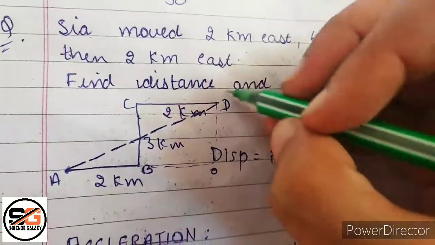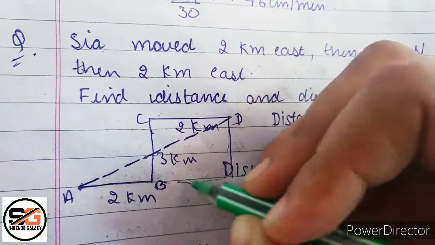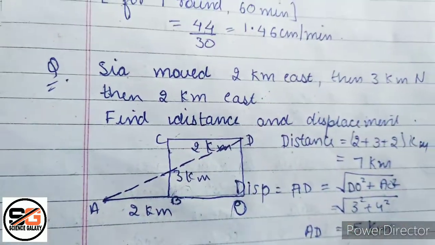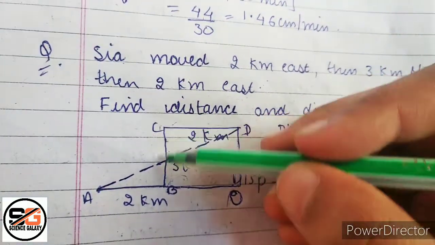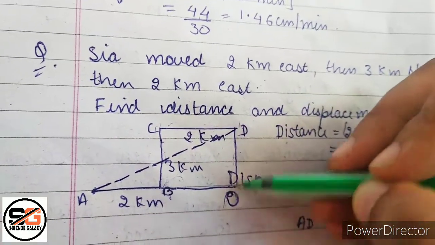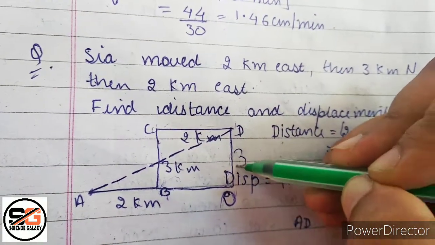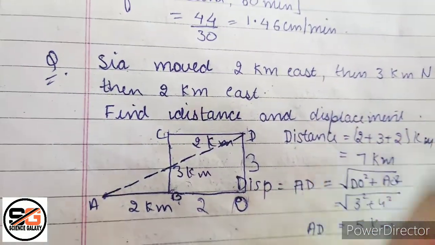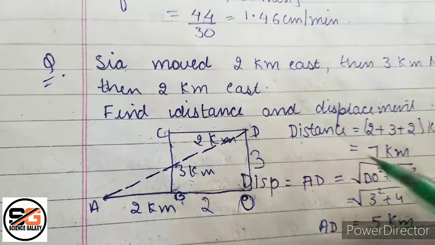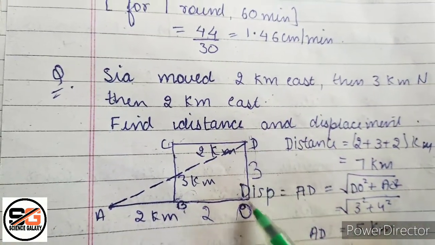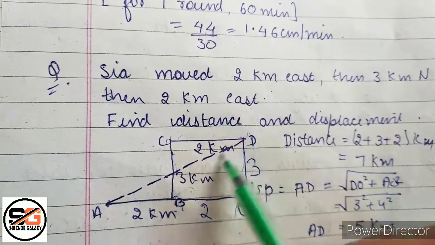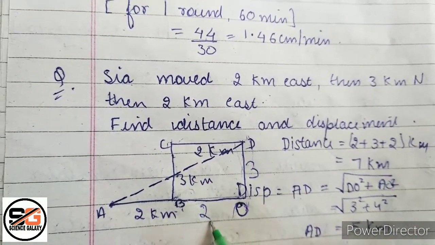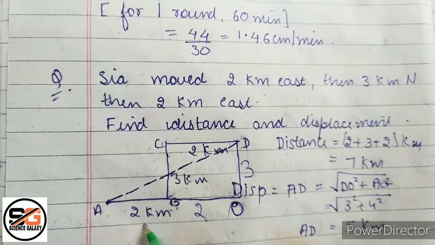We need to produce these two lines to meet at a point O. Now if this distance is 3, then this distance would also be 3. This distance is 2, then this distance would also be 2. Now, this is 3, this is 2 and this is 2. In this triangle, if we apply Pythagoras, whole OA would come out to be 2 plus 2, 4, and OD